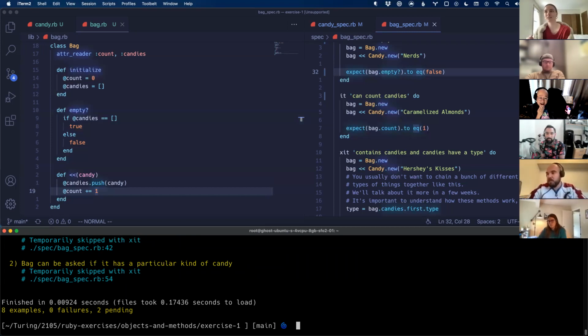This is a bit of a specific question, but I have run into an issue recently where I'm checking the class of something and I'll try to write to be a string and it won't work. But if I write to equal string in parentheses, which I've seen done both ways, it only works for equal and not to be a. Is there a reason that be is a little different than equal? Be only works on certain things. Oh, okay. Yeah, I honestly don't remember the